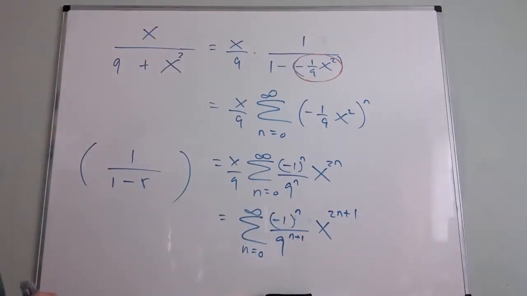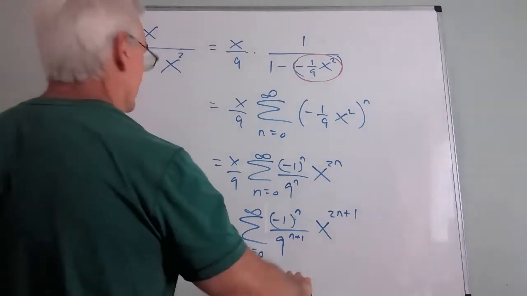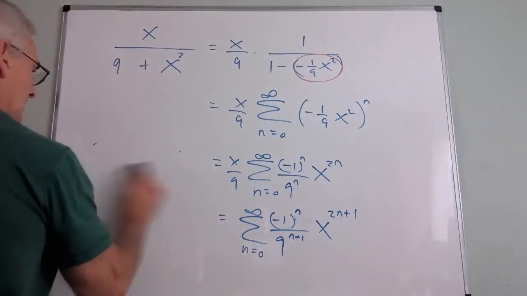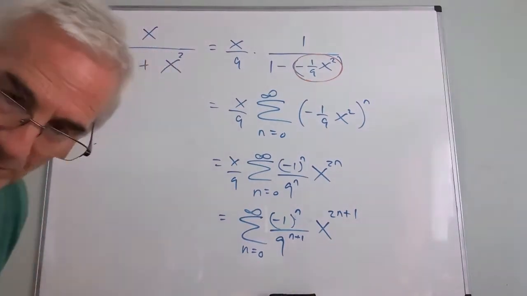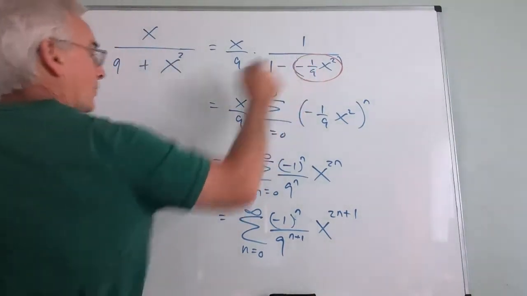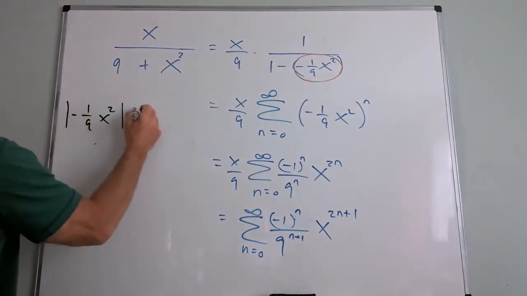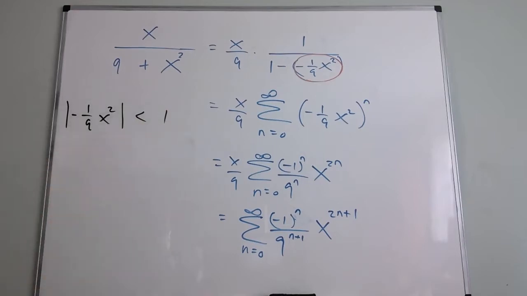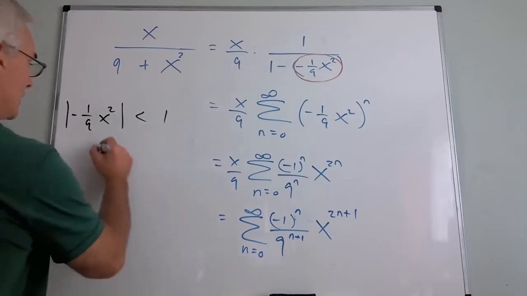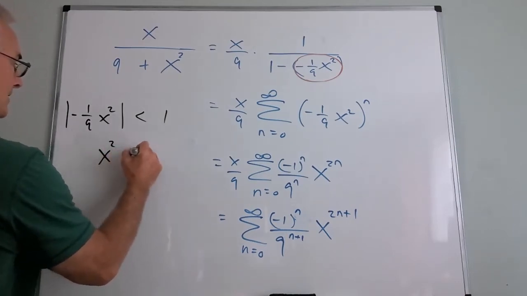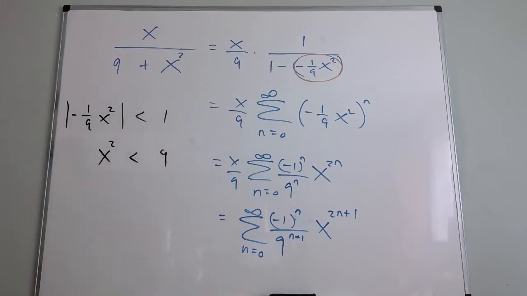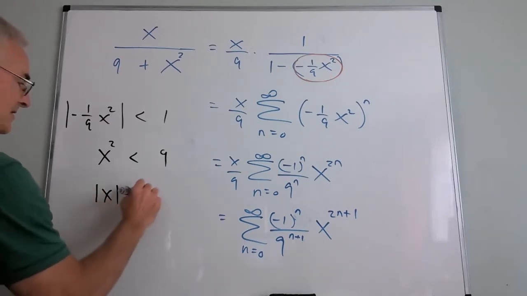Now, is this always true? We know the answer. No, I have a restriction. And what is my restriction? The absolute value of -1/9 x squared must be less than 1. Well, the nice thing about the absolute value of -1/9 is that it would just make it positive 1/9. So can I say x squared is less than 9? Is that true? Stare at that for a moment. Yes. So the absolute value of x is less than